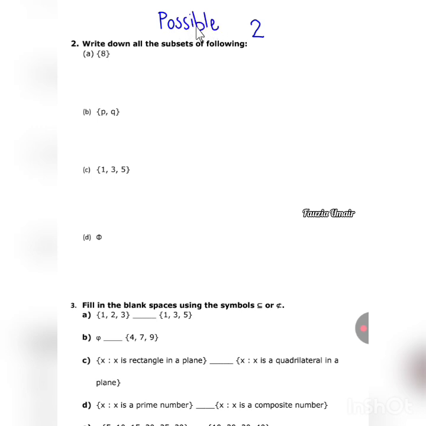All the possible subsets are 2 raised to power n, where n is the number of elements in the set. For example, if they are asking you to find the possible number of subsets of this set {P, Q},